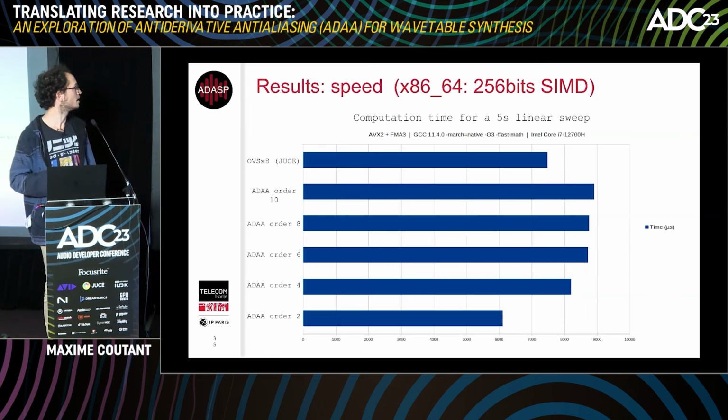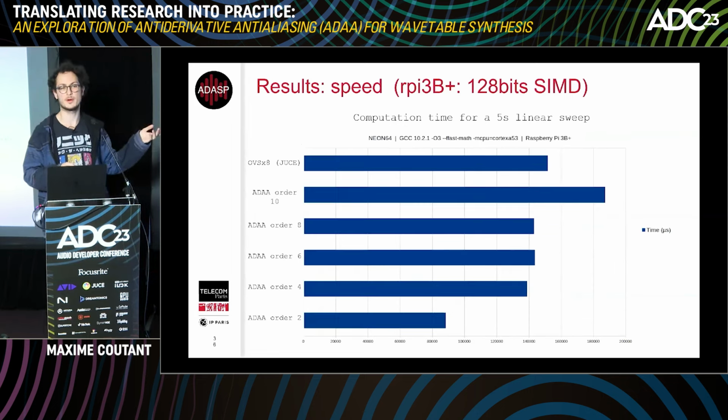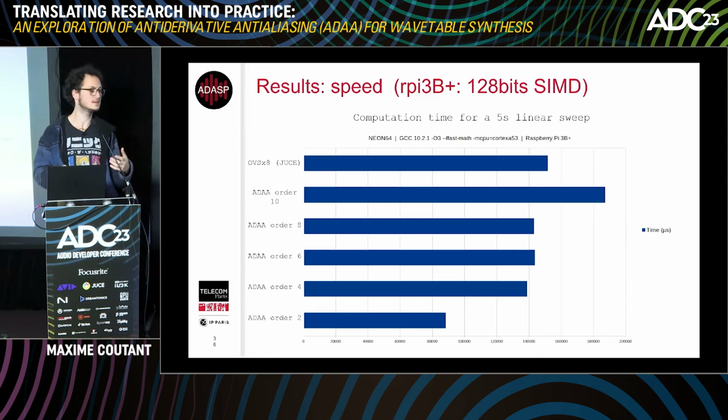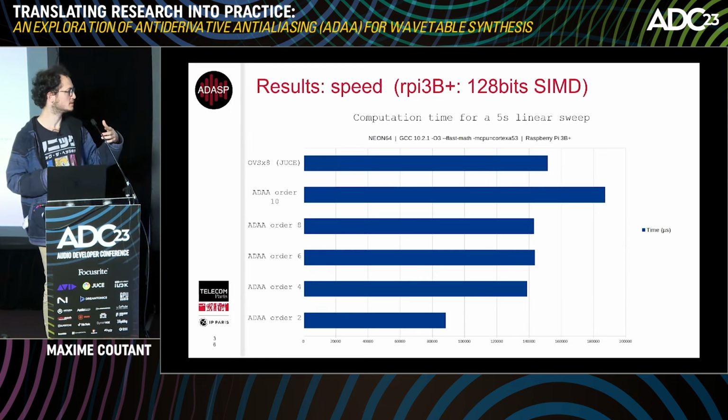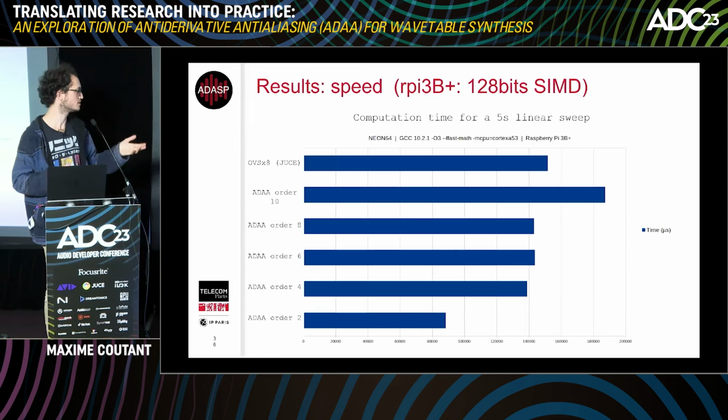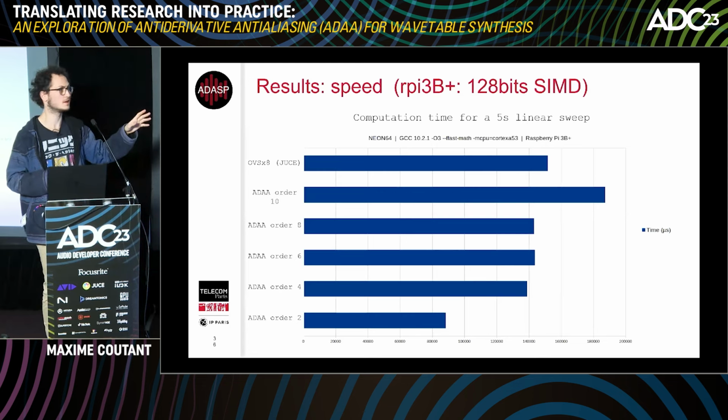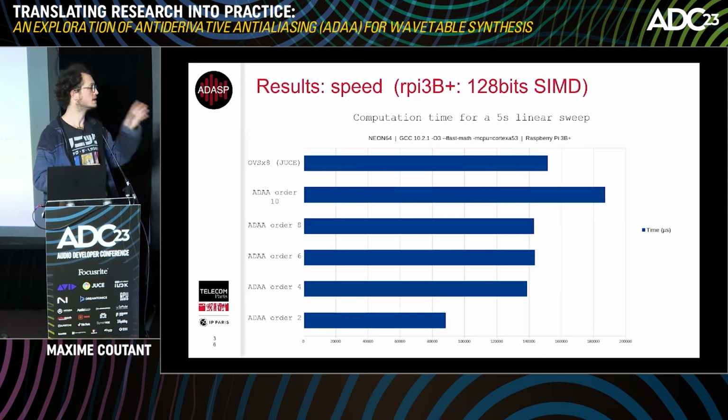And here is a test on a Raspberry Pi 3, so I wanted to make a NEON test. And so once again, it fits expectations. Order 4, 6, and 8 take approximately the same time. 10 is really slower. And on this implementation, at least, it looks like it's even faster than oversampling by 8